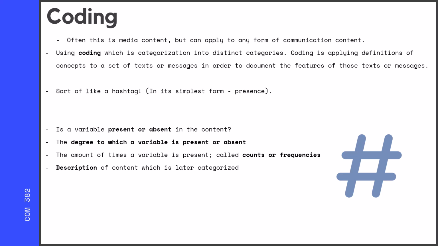So let's say I go get a manicure, I post it on Instagram, and I'm like, hashtag manicure, hashtag nails. By adding that, I am adding a descriptor to document the features of that photo of my manicure. And hypothetically, someone could click on that hashtag and pull up hyperlinked all the pictures that were hashtag manicure or hashtag nails. A code is like a hashtag in that way.